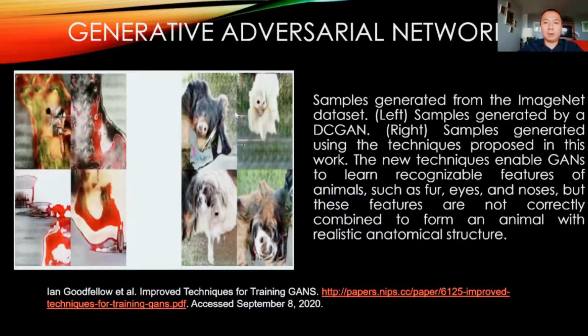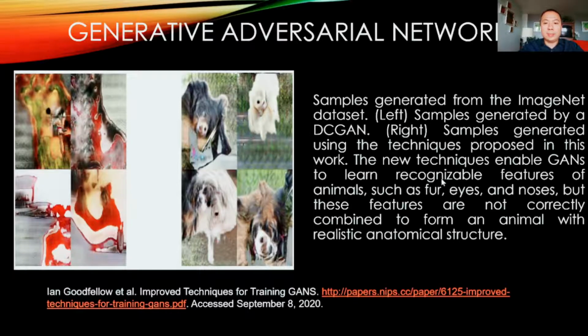So this is an example, again, of images taken from the ImageNet dataset. These are the different images, and then using your generator and discriminator, it is able to come up with this image. It's not perfect, but at least you're able to see that it more or less looks like an animal, right? But it's still not as perfect as you want an image to be.